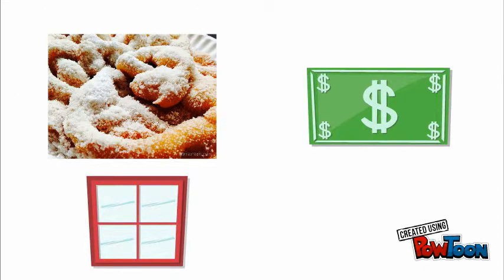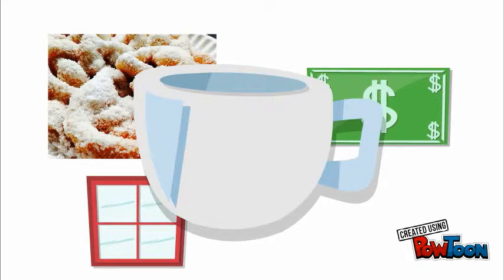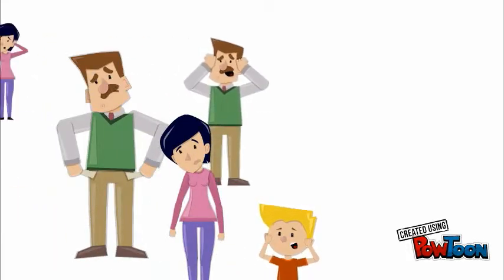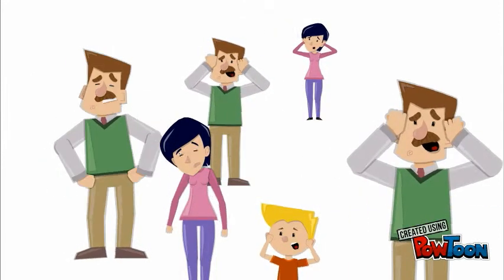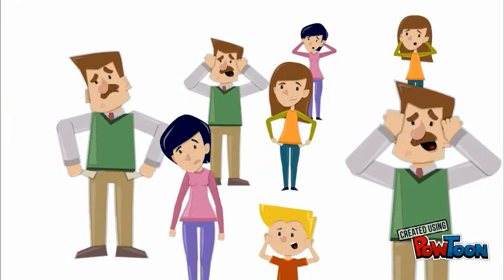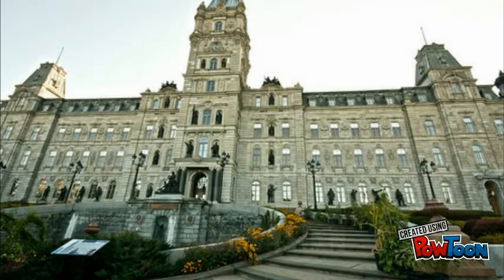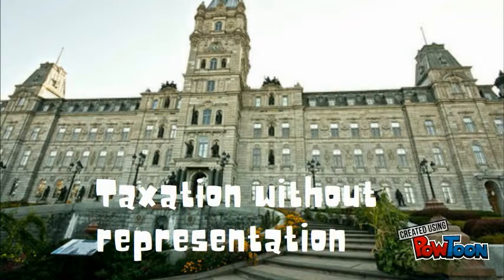King George III did tax things for the colonists. He taxed things like glass, like sugar, and especially tea. Tea was a tax that made Americans really angry. They protested the taxes. They did things like tar and feather tax collectors and burn down taxing houses. But the real reason they were upset was because they didn't get to vote in Parliament. Parliament is England's government that shares power with the king, and they didn't have a vote there. They said it was taxation without representation.